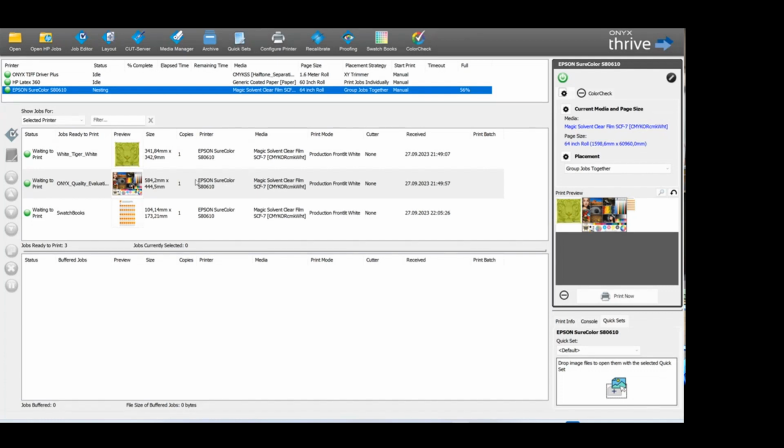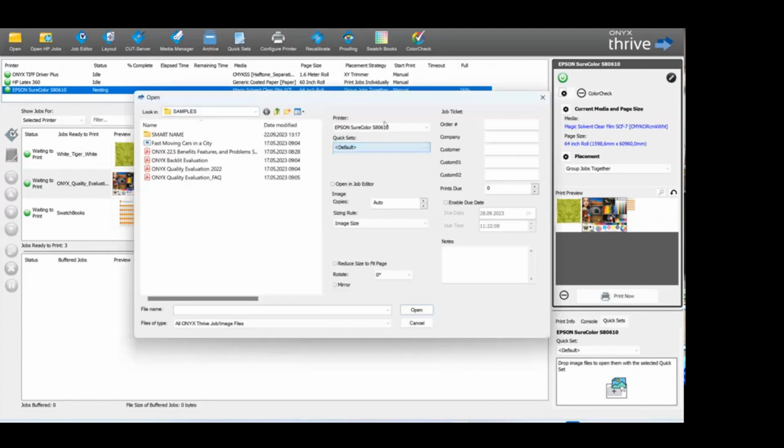Let's move forward and see how to work with opening a file. For the repeats and for the workflow, you have a couple of options nowadays with ONYX to simply open the file. Some customers might prefer the typical way, with the click open file. I'll use the driver plus here, which is generally for files to use the quick sets, which I have already done. Then a customer can choose the quick set. If it's, for instance, a banner, then he clicks the file,